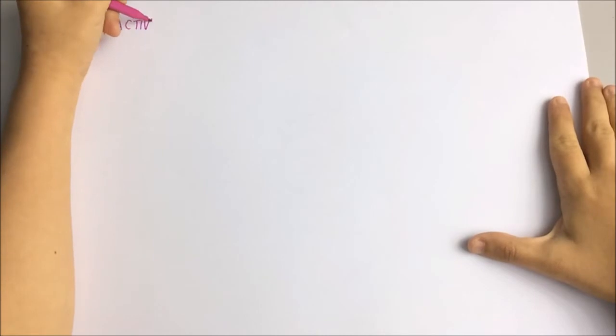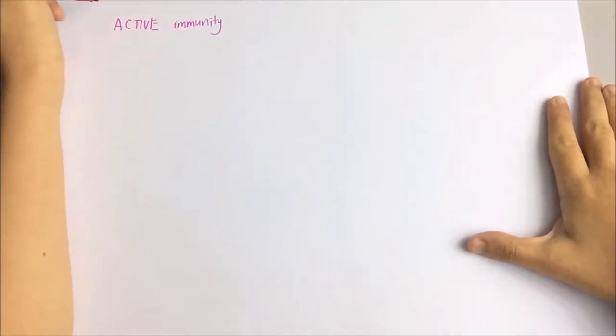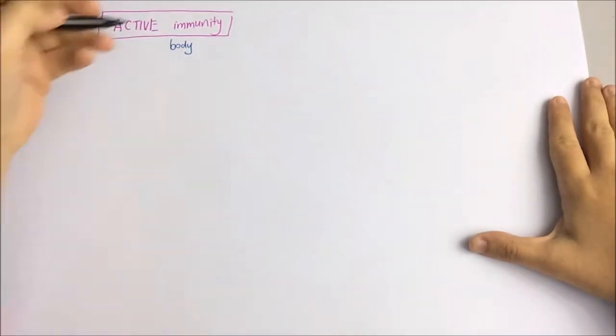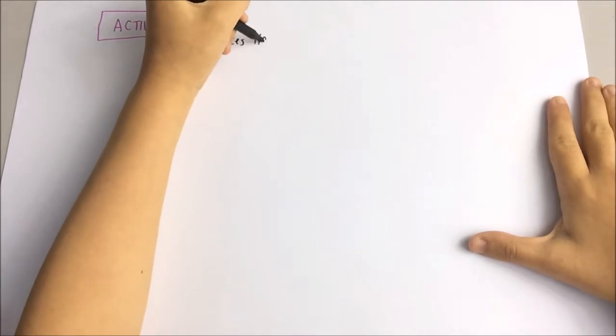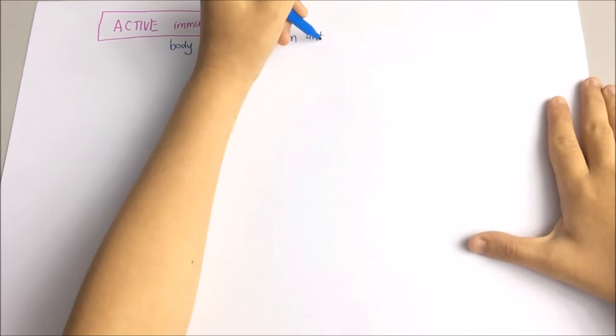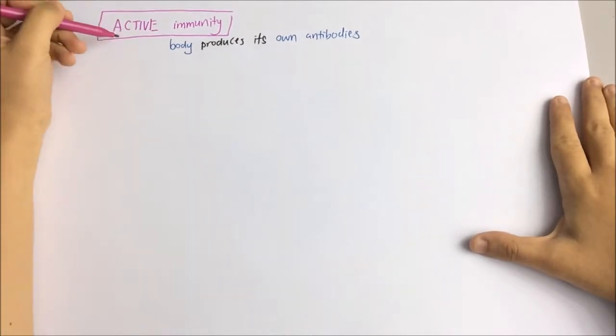Hi guys, today we are going to discuss and compare active immunity and passive immunity. So let's start with active immunity first. Active immunity involves your body's direct response to an unknown pathogen. In this response, your own immune system produces its own antibodies to defend against specific antigens